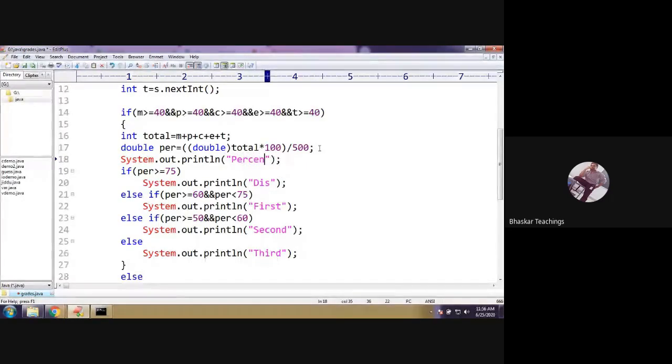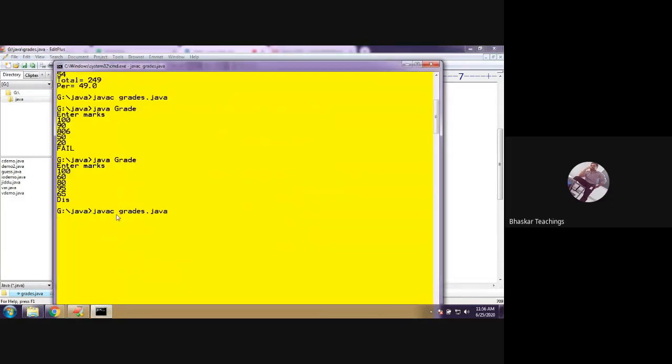Percentage equals to PER. So marks 100, 95, 65, 85, 70. So 83.0 percentage, that is distinction.